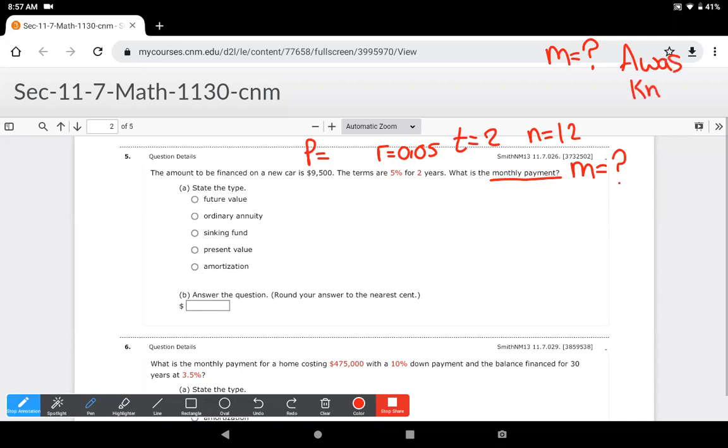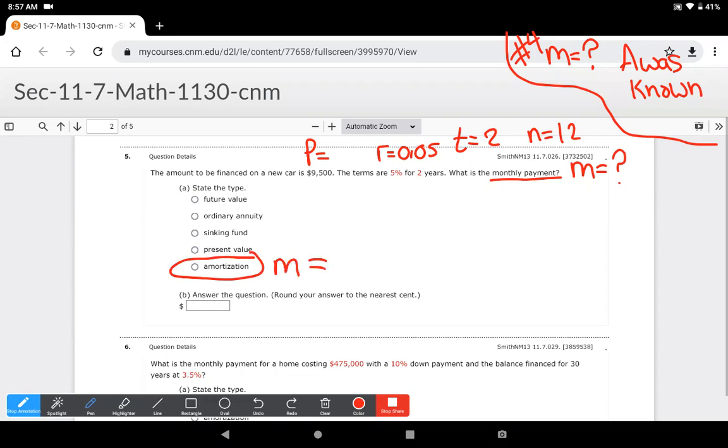So we went with the sinking fund. This time, P is known, right? And so this falls under the amortization because the form of that equation is M, which is the thing we're looking for,